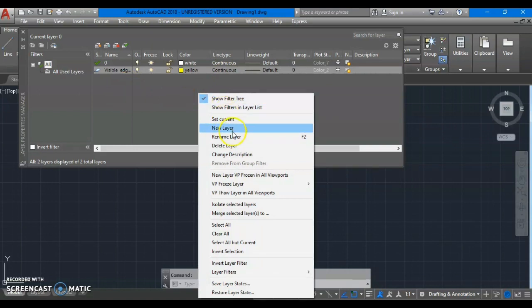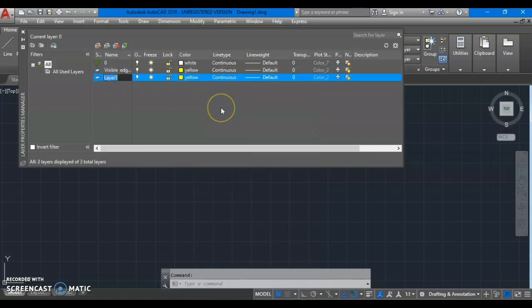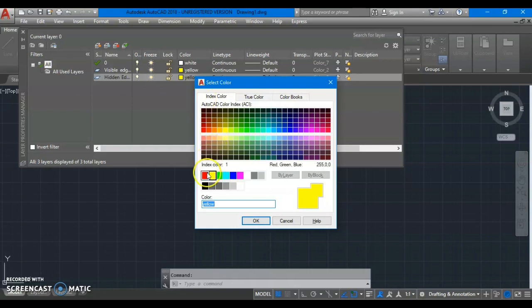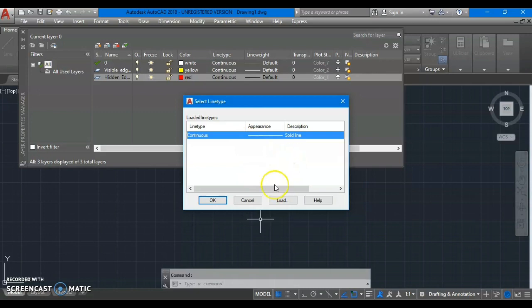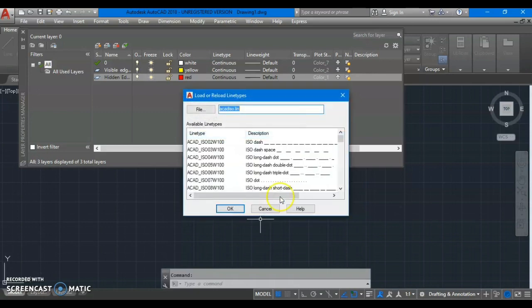Let us move on to the next layer, new layer. Let me give the name as hidden edges. Enter. Let me change the color of this. I'll keep it, let's say, red. Okay. Then line type for hidden edges will, obviously, be a dash line. So let me lower that line.